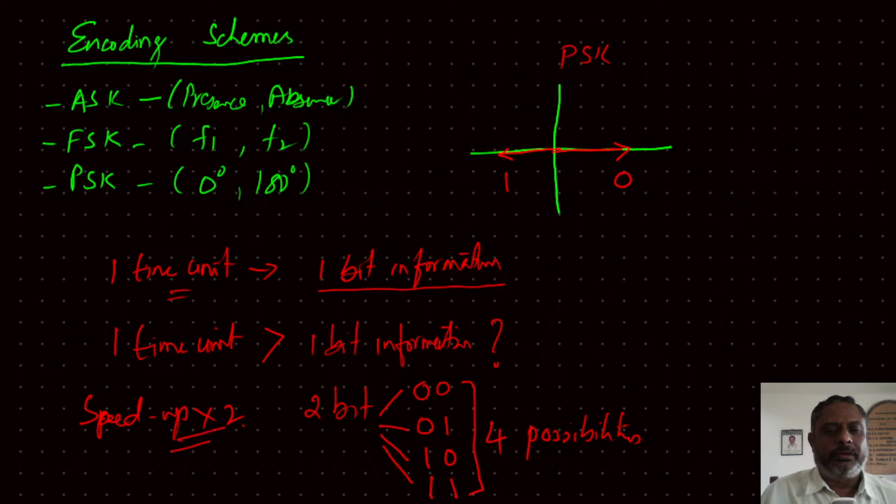Therefore, the total amount of information transmitted in any given period will double if somehow you can transmit 2 bits at a time. And for that, what can be done is we need to identify 4 options. So one way of working on those 4 options would be to identify 4